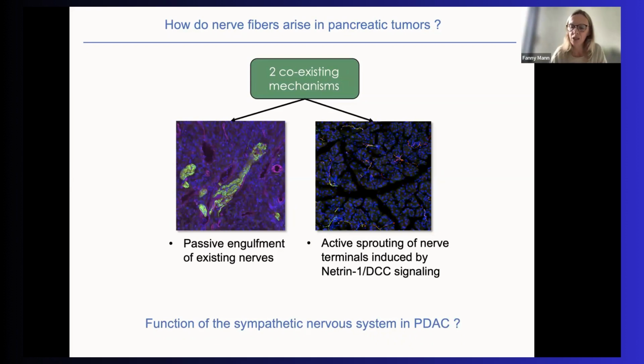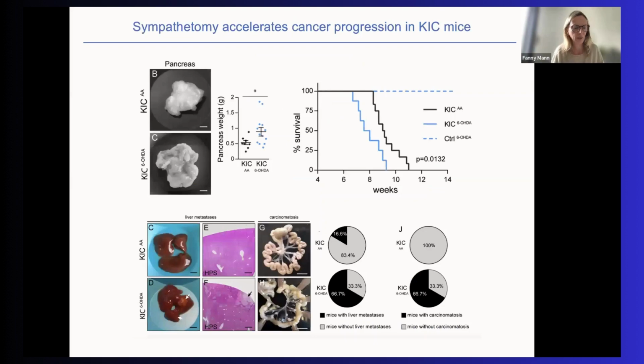pancreatic cancer. So to do this, we performed an ablation of the sympathetic nervous system using a chemical approach by injecting the neurotoxin called 6-hydroxydopamine, 6-OHDA, in KIC mice. So here again, we treated the mice early, so we performed this sympathectomy before the onset of precancerous lesions. And what we observed is that the removal of the sympathetic innervation